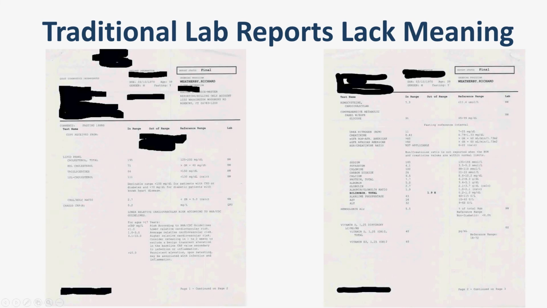So it's a long list of names here on the left, most of which the patients have never heard of. A lot of little acronyms like BUN, EGFR, ALT, AST, hemoglobin A1C. So the patient has no idea what they are. A list of numbers, a little H here meaning high or low, a reference range, and then some initials here. So there's absolutely no meaning imparted from this report to the patient. And the only meaning that they